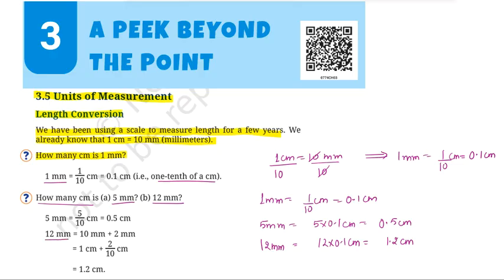आप 12 मिलीमीटर्स को 10 मिलीमीटर्स प्लस 2 मिलीमीटर्स भी लिख सकते हो. And then you know that 10 millimeters is 1 centimeter and 2 millimeters को आप 2 over 10 centimeters लिखोगे. Then again divide करोगे 2 over 10 को तो 0.2 आएगा. यहाँ पे क्या हो जाएगा 1 centimeter plus 0.2 centimeter and finally add करने के बाद 1.2 centimeter ही आएगा. So by either way you will get the same answer.